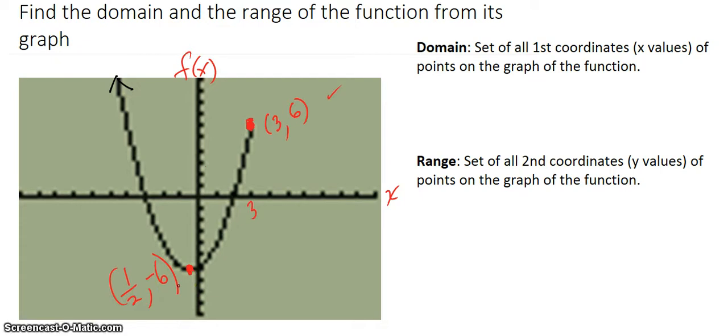Okay, so let's see how this helps us. Let's go for the domain first. It's a set of all first coordinates, in other words, the x values of points on the graph of the function. So I see x's. Well, this arrow indicates that that function keeps on going up and probably gets wider and wider. So it covers all the x values all along here